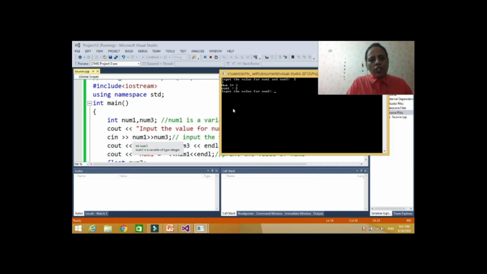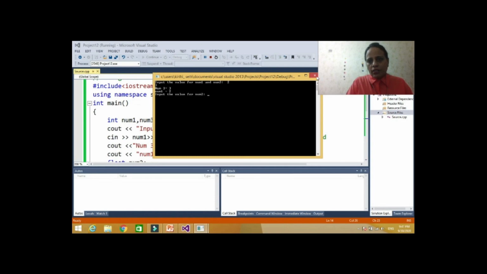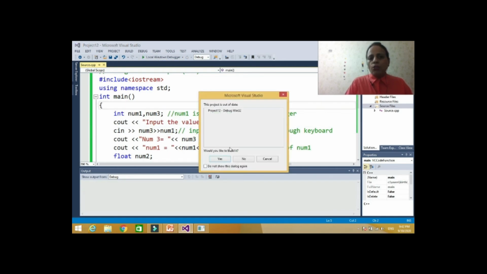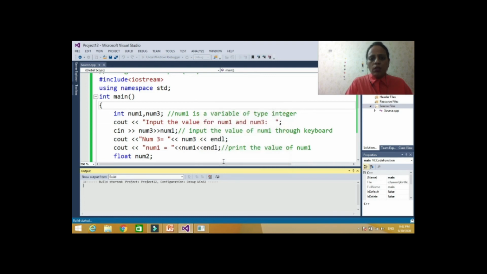If I change it here, let's check it. Let's say this is num3 and this is num1. Now whatever value you enter first will go to num3, and whatever value you enter second will go to num1. So let's check it.